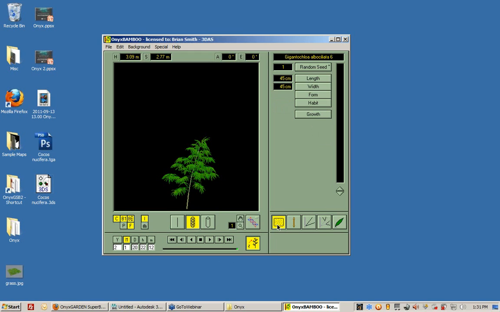So that is the only significant difference here in this bamboo feature, besides one more feature here on the right hand side, which is this area feature. This simply allows you to have a whole section or a whole area of bamboo instead of just having one stalk like you see right now. So if I wanted to have a whole section of bamboo, I could enable this icon, which basically represents the area that you want. You see a length and width. Right now it's currently set to 45 centimeters length, 45 centimeters width. If I wanted to change that,